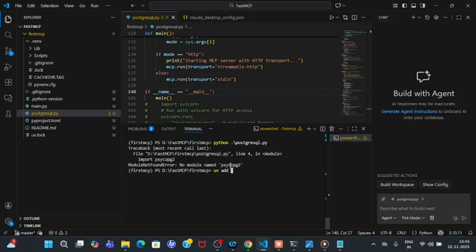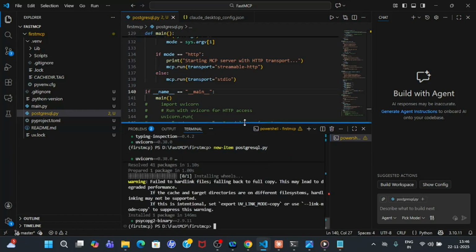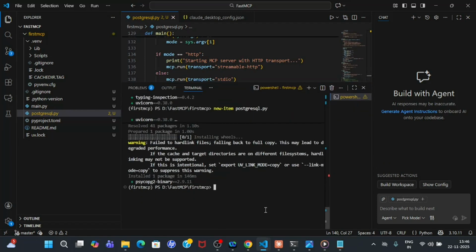Then type this, paste over here, hyphen binary. This is the package name, and then hit enter. Once you hit enter, this package will install. Once this is installed, we need to run our MCP server